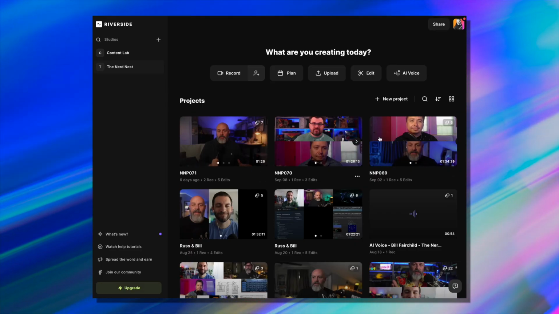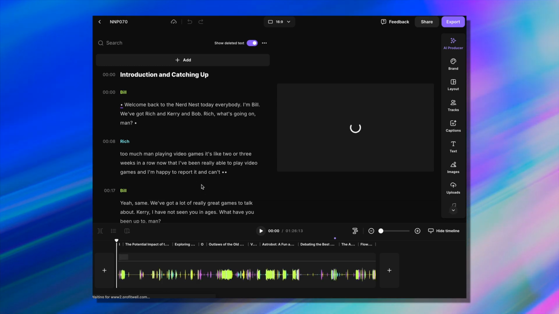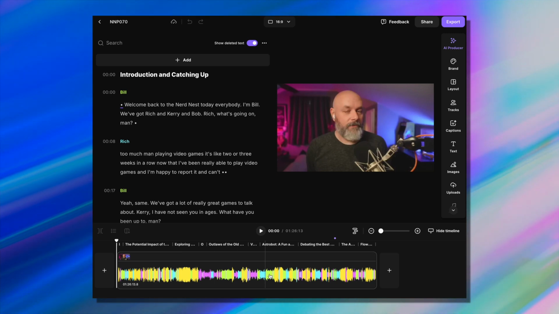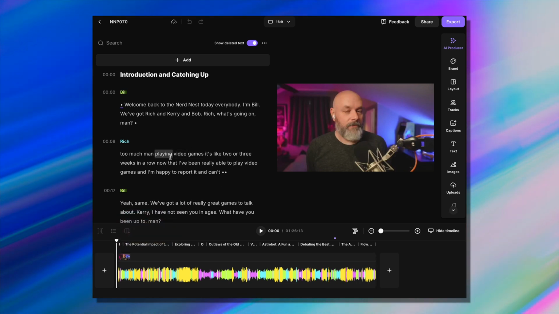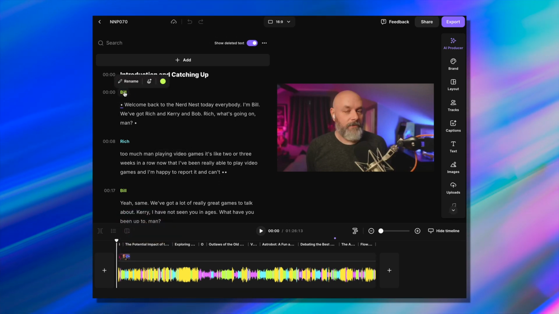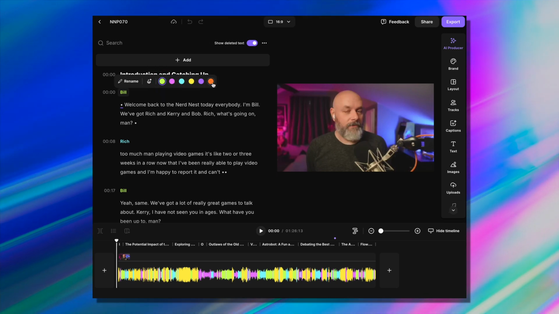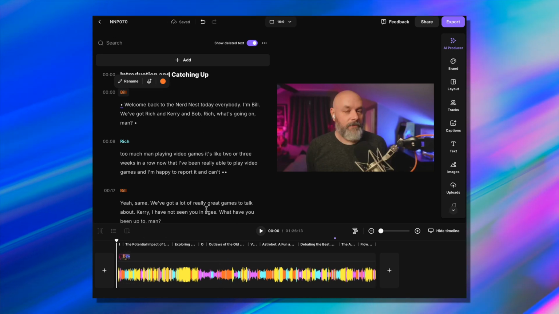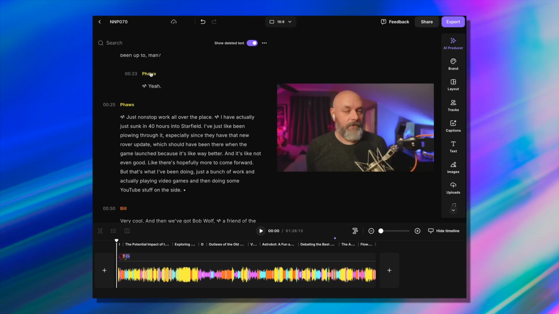So if I go to episode 70 of the podcast and I click on edit, one of the things that you can see is down here, the timeline starts to show up, and you can see it's got all these different colors, and those different colors are based on whoever happens to be talking. So, for instance, green is me. I can change that color if I want to be orange because nobody else is using orange, and you can see now all the times when I'm talking, it's that color. And then blue is going to be Rich,